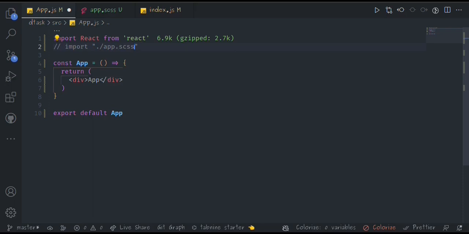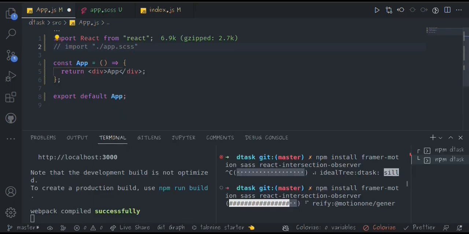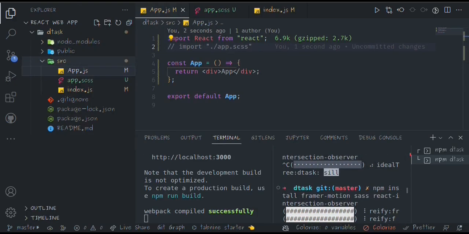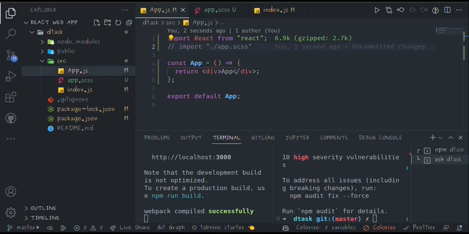But since the dependencies are not yet installed, I'm going to first of all comment this line out so that it should run. While waiting for my app to come up,